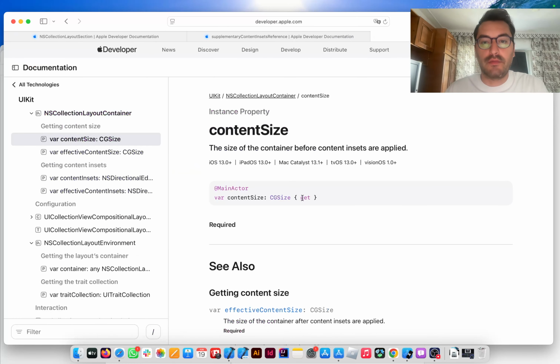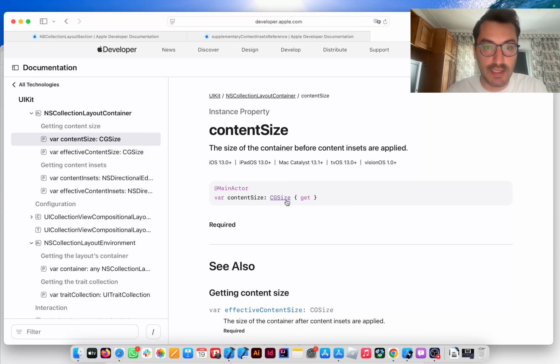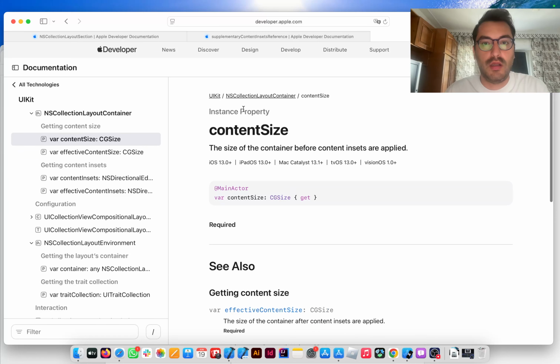Yeah, so I haven't really figured out what this means when we only see get for content size. Okay, back to the original problem, which is how do we add